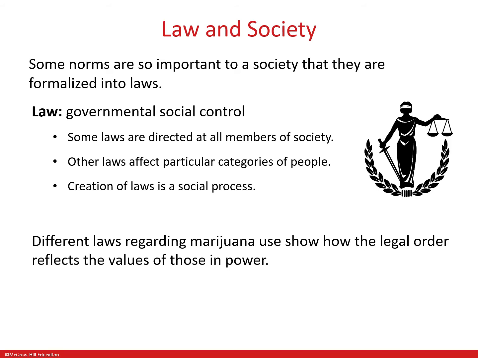And some laws govern social institutions. So the creation of laws is a social process. Some of these laws govern a particular institution, like corporate laws that pertain only to corporations, or divorce laws, laws for somebody who's getting divorced. If somebody is happily married, that law won't apply to them unless, of course, they're going to go through the divorce process. So sociologists view the creation of these laws as a social process, and it usually reflects the values of those in a position of authority.